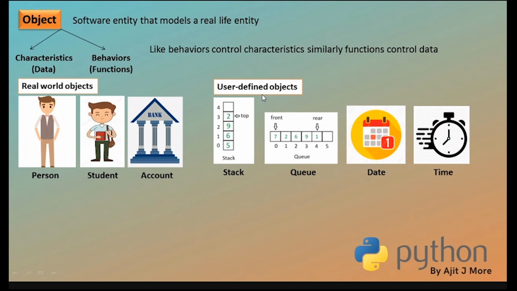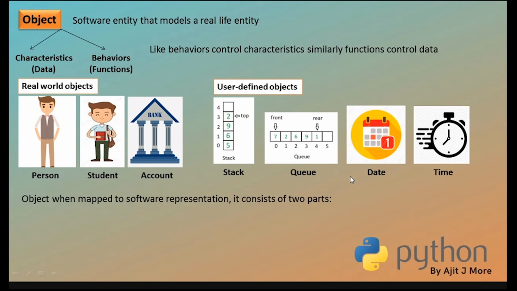Many things are there. Some are invisible things, some are visible things, some are non living things. But do you observe that these all have their own characteristics and their own behavior? Like date is going to have characteristics as DD, MM, YY. And the behaviors: if you add one to it, you get the next date. If you take two dates and subtract, you get the number of days between those two dates. So that is the date behavior. Isn't it clear? I hope you're understanding.